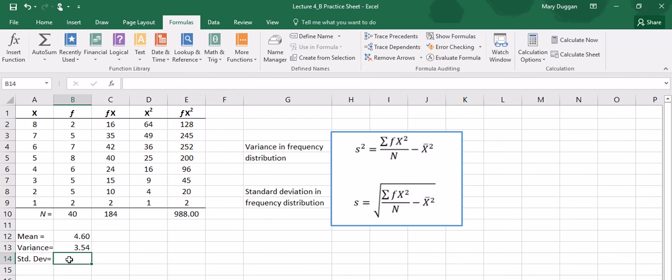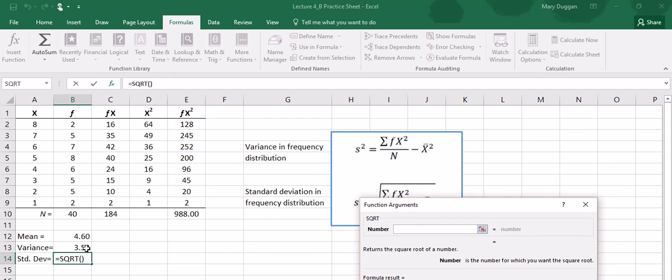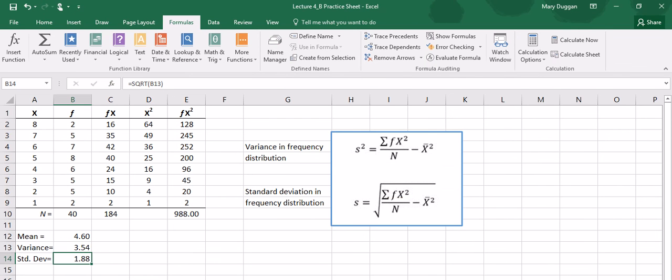And just as before, the standard deviation is going to be the square root of the variance. So I'm going to insert the function for square root and enter the variance. And we have a standard deviation of 1.88. This score tells us that on average, the scores in this simple frequency distribution deviate from the mean by approximately